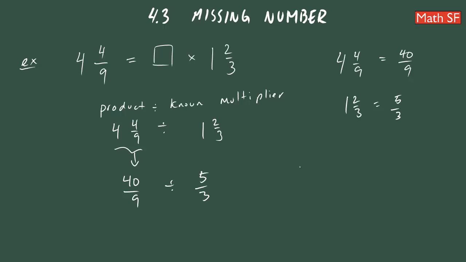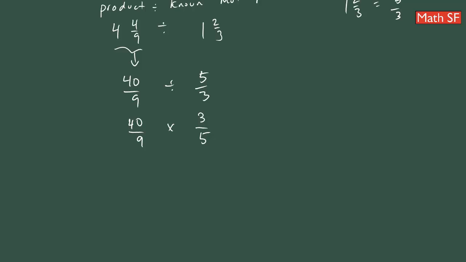So we need to write them as a product of prime numbers. So 40. Well, before we do that, we must change this division into a multiplication problem. So that will be 40 over 9 times 3/5. Now, how are we going to achieve this? Is by